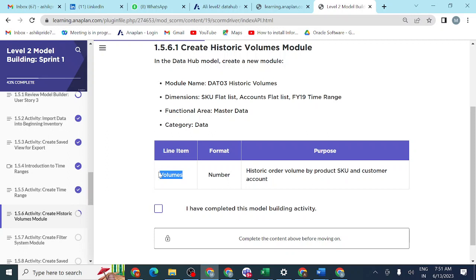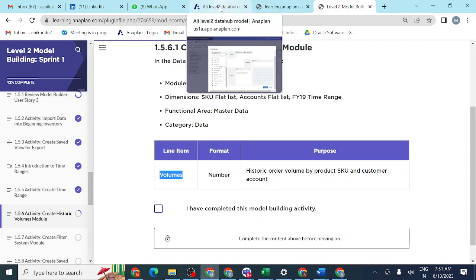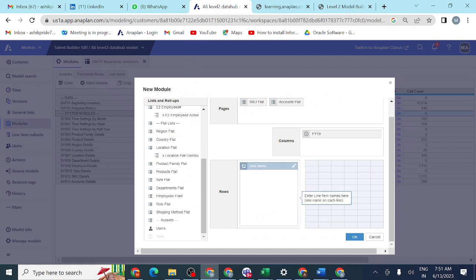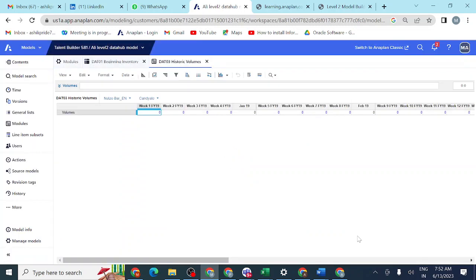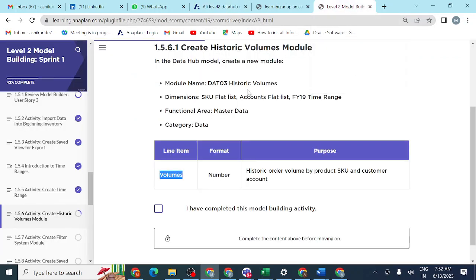You should copy this line item and paste it here. Then click OK and you will get the created module. The format should be number, and everything is fine.